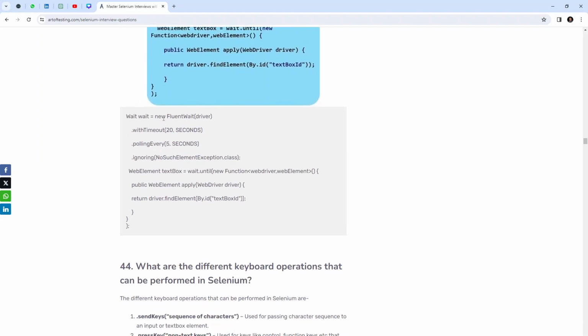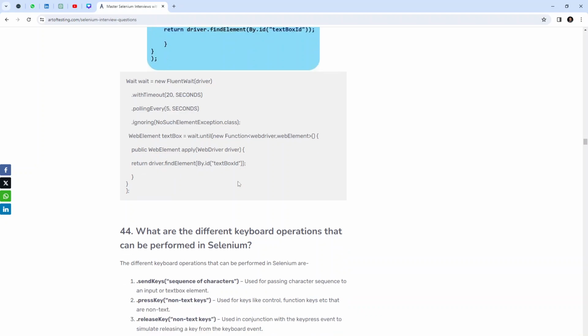Wait wait = new FluentWait(driver).withTimeout(20 seconds).pollingEvery(5 seconds).ignoring(NoSuchElementException.class); WebElement textBox = wait.until(new Function<WebDriver, WebElement>() { public WebElement apply(WebDriver driver) { return driver.findElement(By.id("textBoxId")); } });